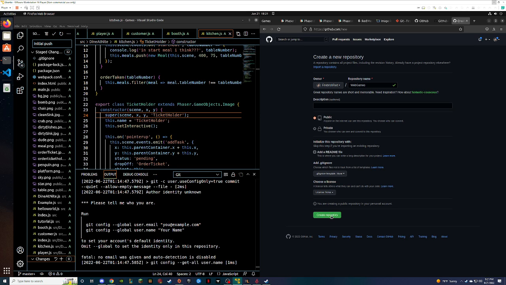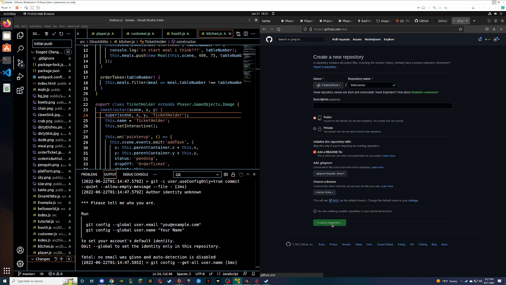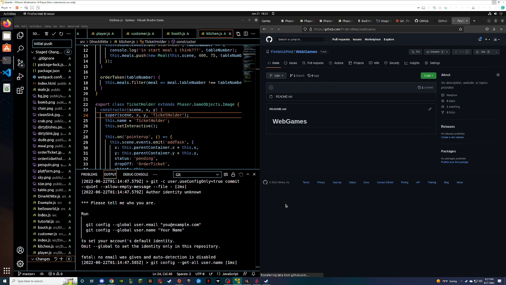Create repository. If you make a README, you can do it if you want. Add a README file, because you're gonna need one anyway. Okay. Let's create. Yeah. I thought it would give you some commands to run. It will not give you some commands to run. It used to. It used to make it super easy.